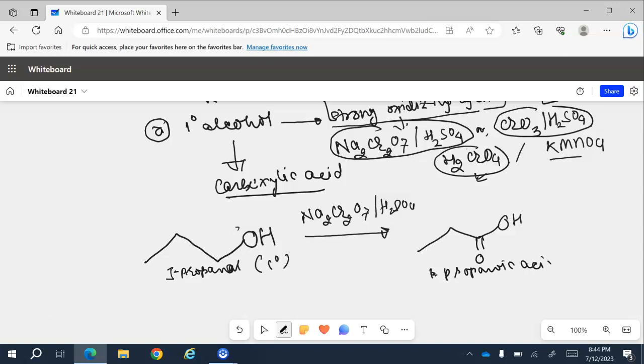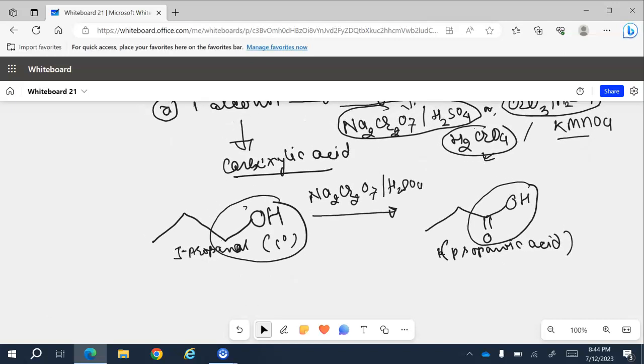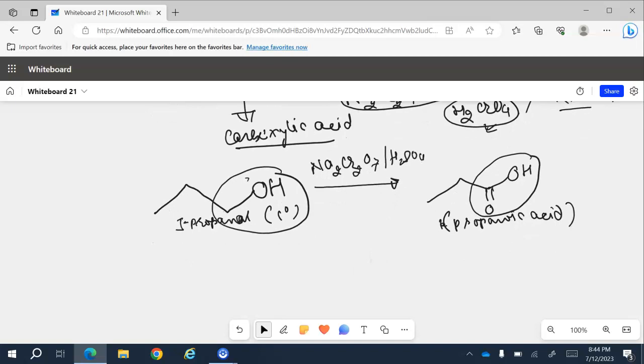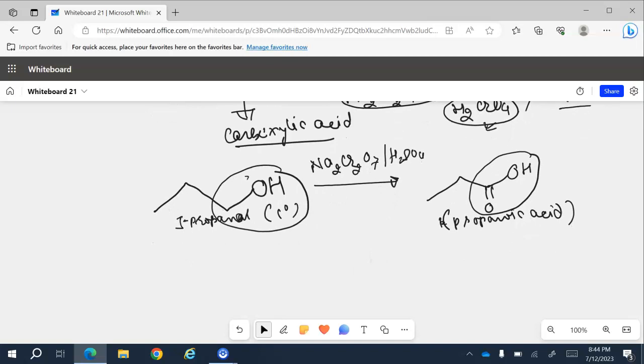Propanoic acid, or it is carboxylic acid. So primary alcohol is oxidized to carboxylic acid. And now, just in case, if we wanted to stop this reaction at the aldehyde, right? If we wanted to,